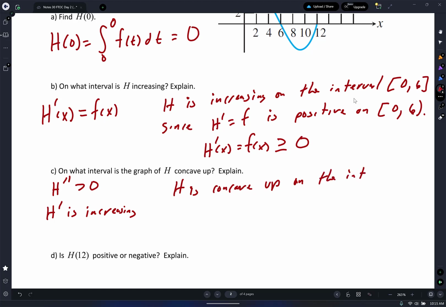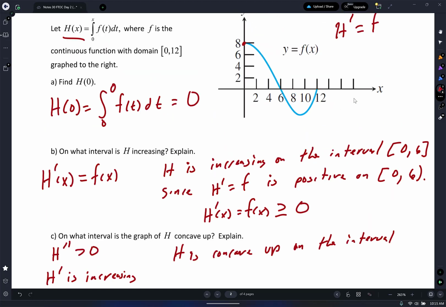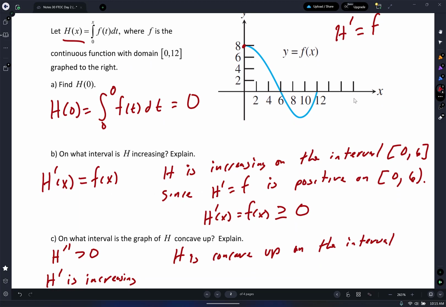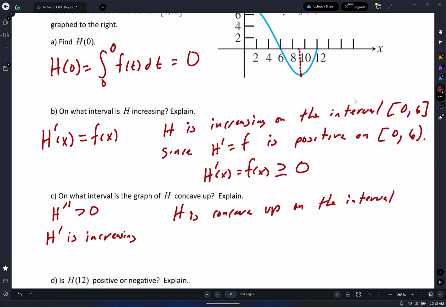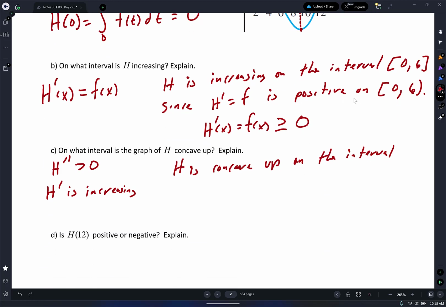Let's see, we just have one interval. From what to what? It looks like 9 all the way to 12. So use parentheses: 9 comma 12, since h prime, which equals f, is increasing